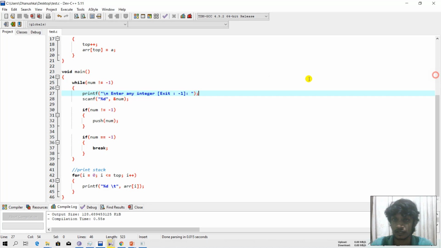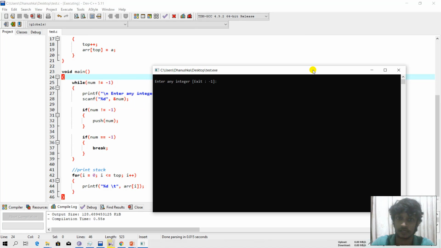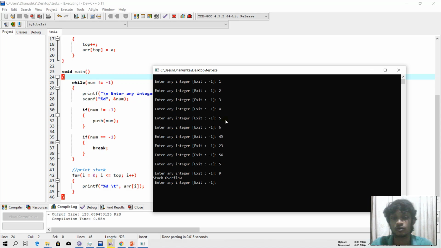So imagine the user inserted 10 values like this: 1, 2, 3, 4. Now it is saying stack overflow, because the user has used all the spaces in this stack.